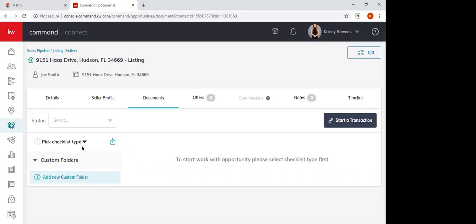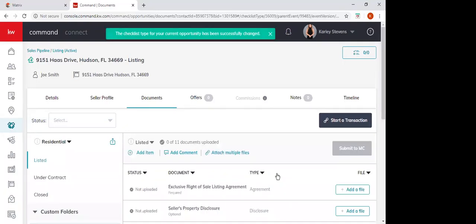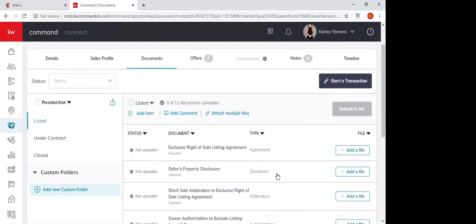So the first thing I want to touch on is this pick checklist type. You either can choose residential, vacant land, or no placeholders. I'll show you very quickly the difference between using placeholders and not using placeholders. If the placeholders are confusing for you, I just recommend clicking this no placeholders because I don't want anyone to be confused. So if you choose residential, which is what I would choose for this transaction,